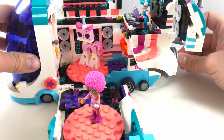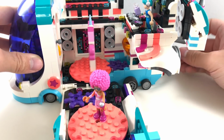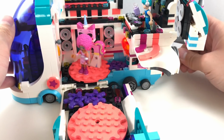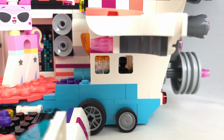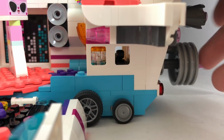Very, very clever, nice part usage there, and I love how it spins the plate that Unikitty is on, which of course you could put the other mini dolls on as well if you'd like, and that's really fun to play around with. With the play feature, you could see how it works with a spinning piece, and they even have a window so you could...